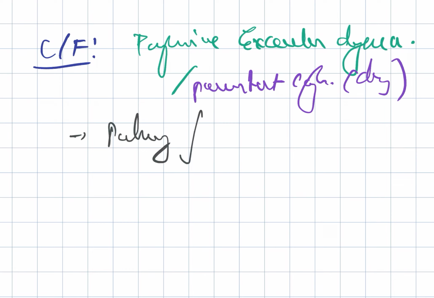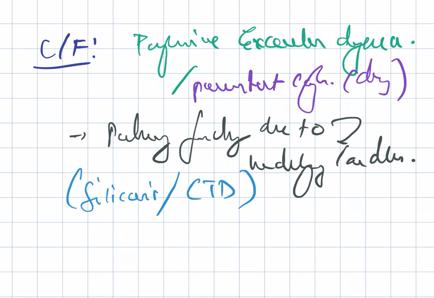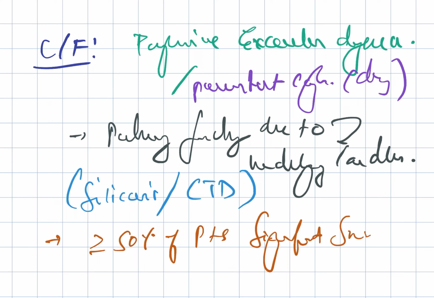Next, also looking at the pulmonary findings, and this is due to the other underlying conditions. What are these conditions? It includes the silicosis and the CTD, that's connective tissue disorders. Next, as well as greater than 50% of the patients, this is with the significant smoking history,